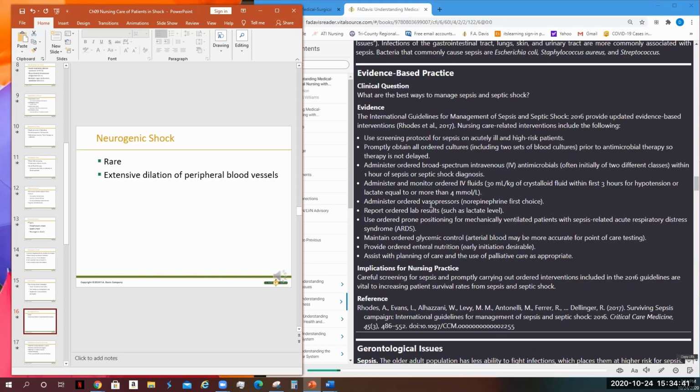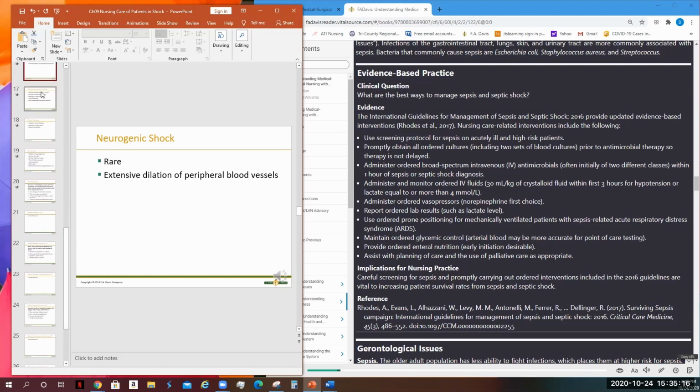Evidence-based practice. Clinical question: what are the best ways to manage sepsis and septic shock? Evidence. The International Guidelines for Management of Sepsis and Septic Shock, 2016, provide updated evidence-based interventions. Nursing care-related interventions include the following: using a screening protocol for sepsis on acutely ill and high-risk patients,